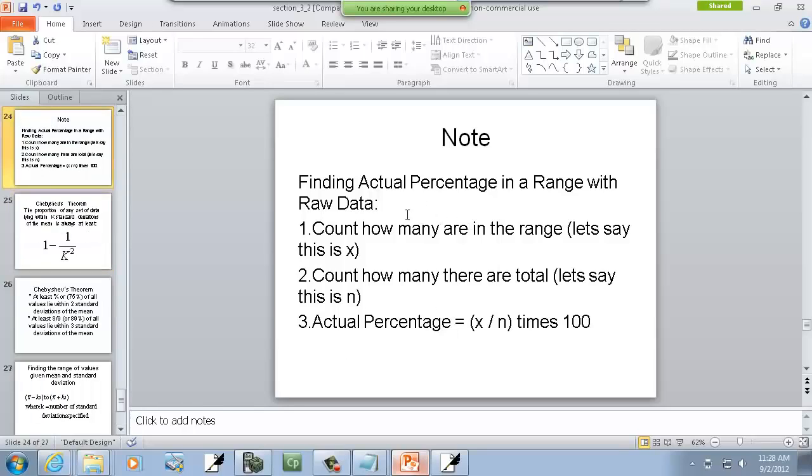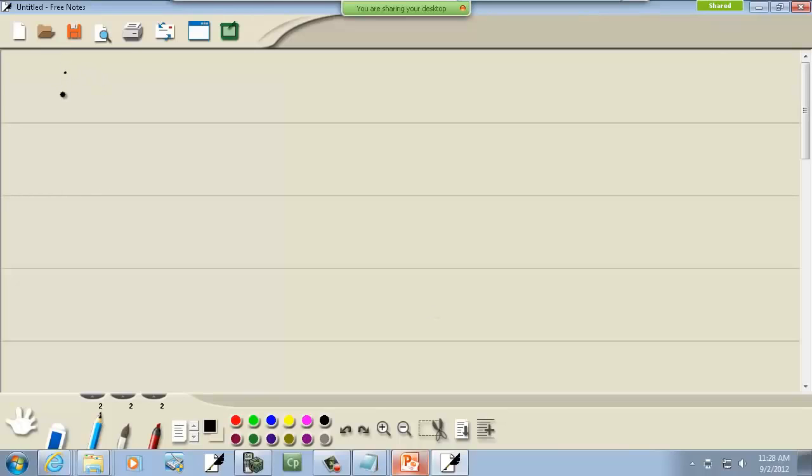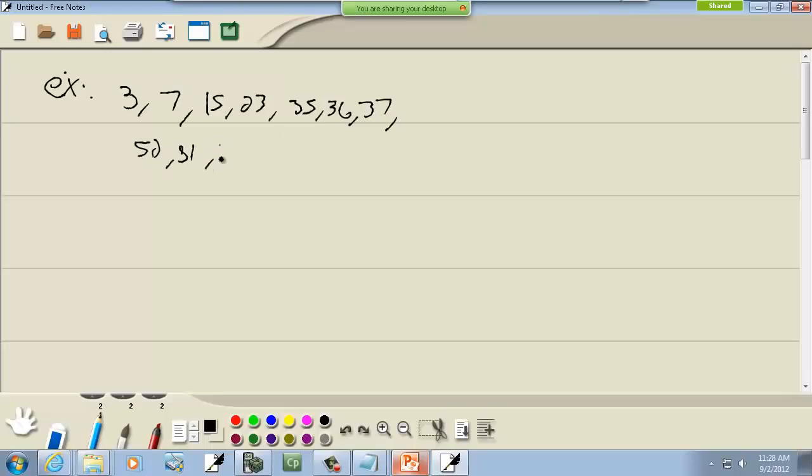Now this is a note on if it asks you to find the actual percentage in a range with raw data. For example, let me work one over here. Given 3, 7, 15, 23, 35, 36, 37, 52, 81, and 103. Now the empirical rule isn't based upon the actual data. It's based upon an anticipation. Since it follows a bell-shaped curve, then we can predict this many fall in this range. But if the problem was actually asking you to find the actual percentage, find the actual percentage